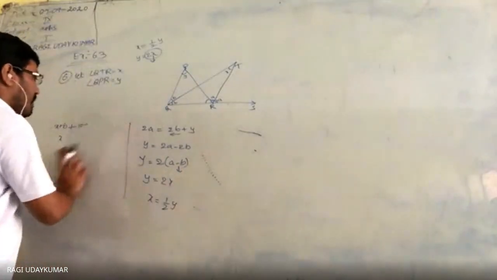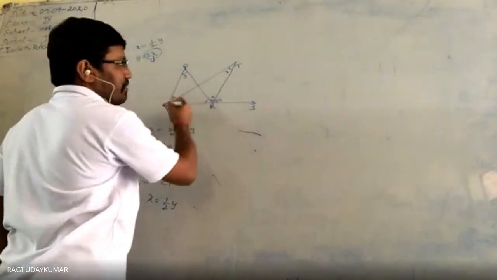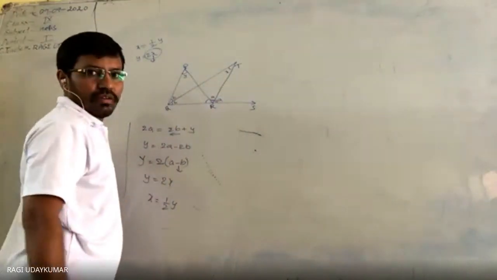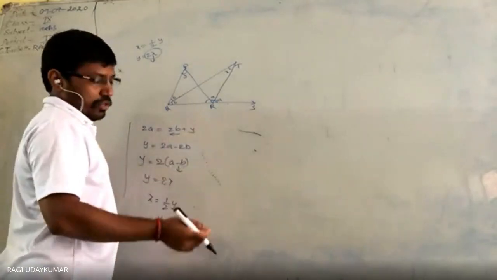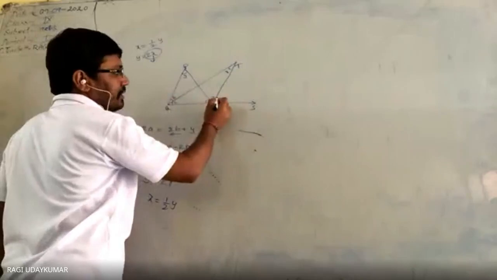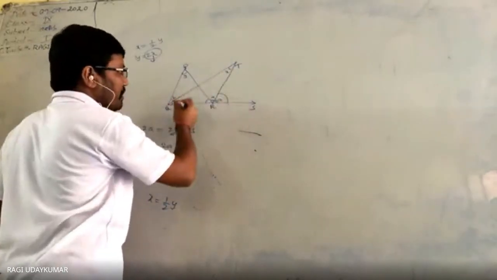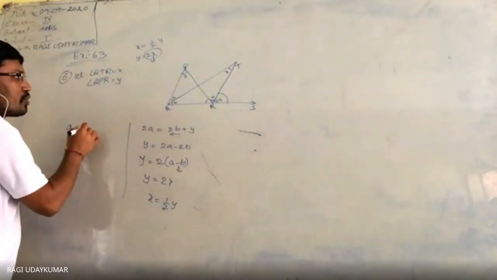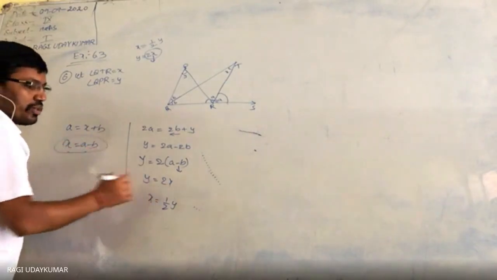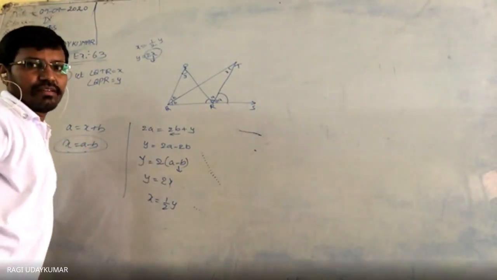In another triangle, if you want the angle sum property, you can. Still more easy if you want, I'll tell you. See here. In this triangle, apply angle sum property. This angle is equals to sum of these two. Angle sum property only, sorry, exterior angle property only in both you apply. In this triangle, this is exterior angle property. So sum of these two will be, so a is equals to x plus b. So x is equals to a minus b. x you substitute here. x is equals to half of y.